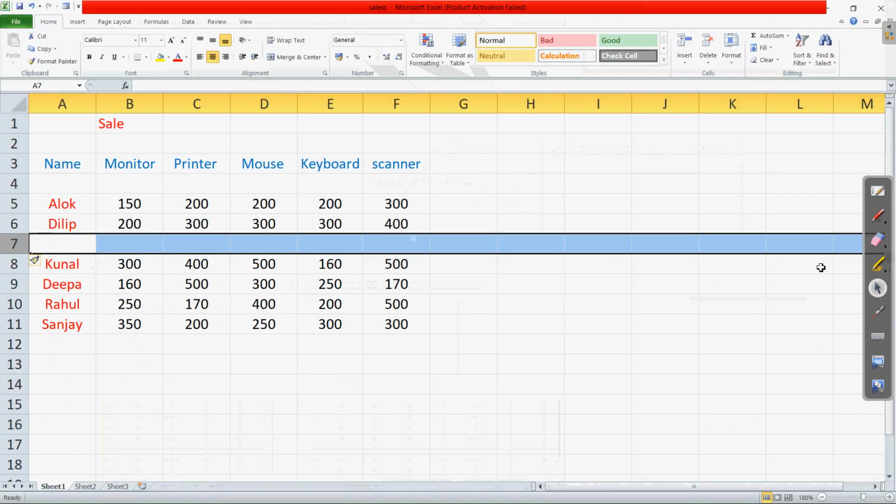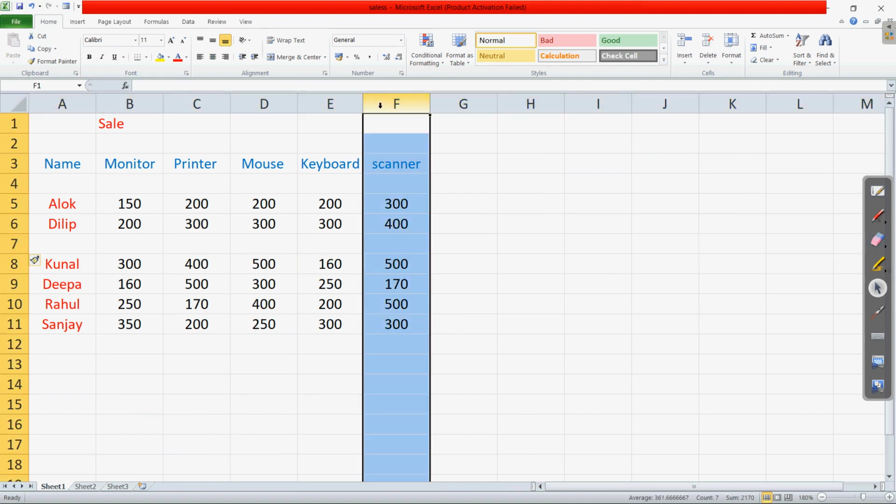So if we want to insert a new column, suppose we want a column in between E and F, clear? Between the keyboard and scanner. So click on the column F, then go to the home tab. In the home tab we have the insert option. When you click the down arrow below this insert, we have the insert sheet columns.